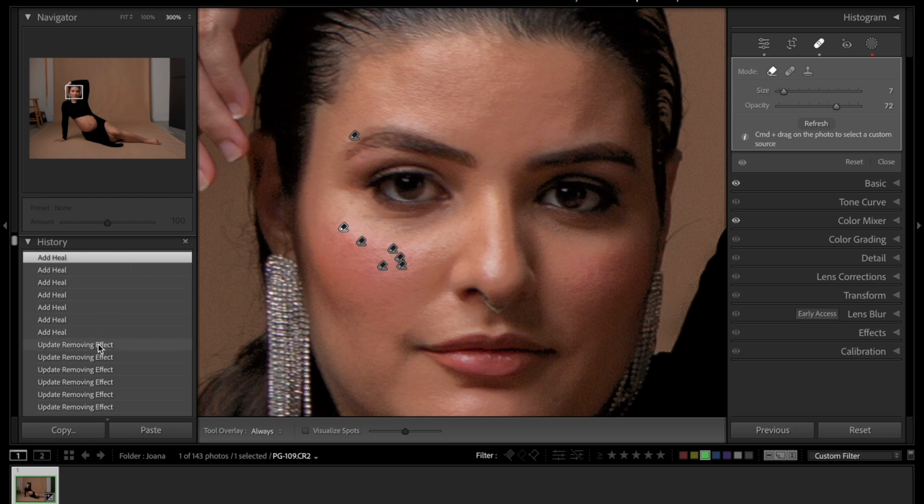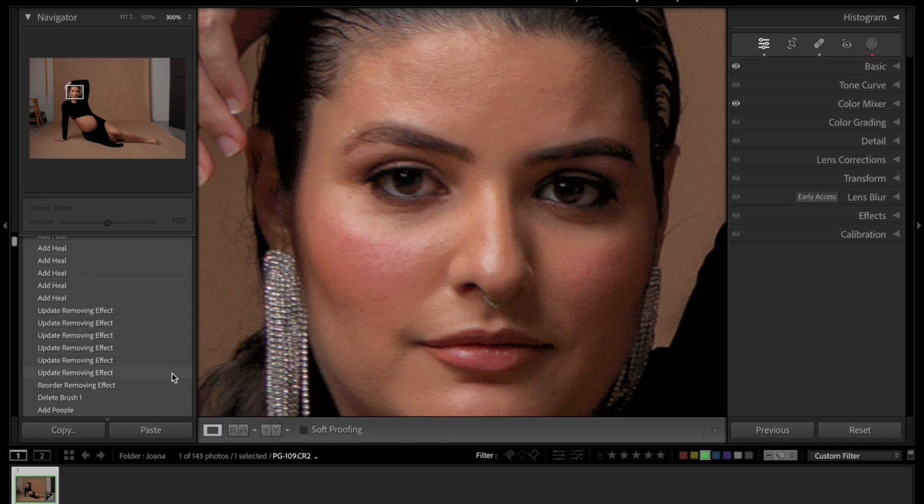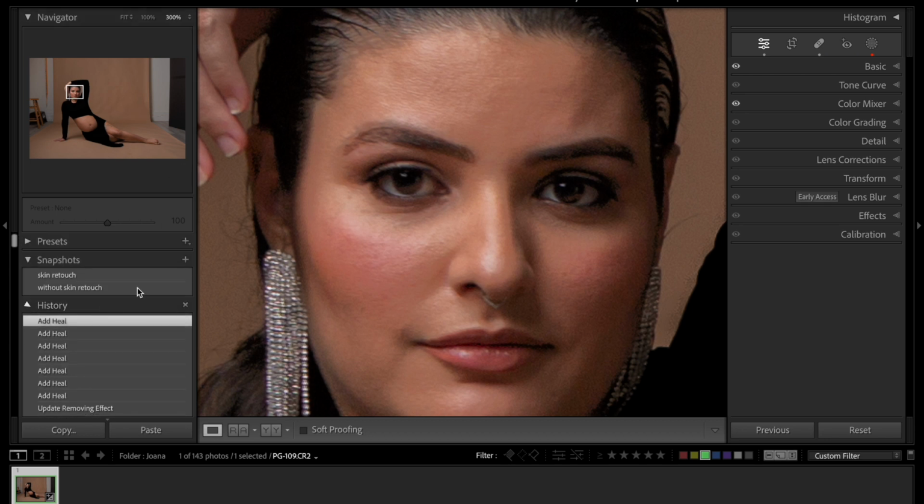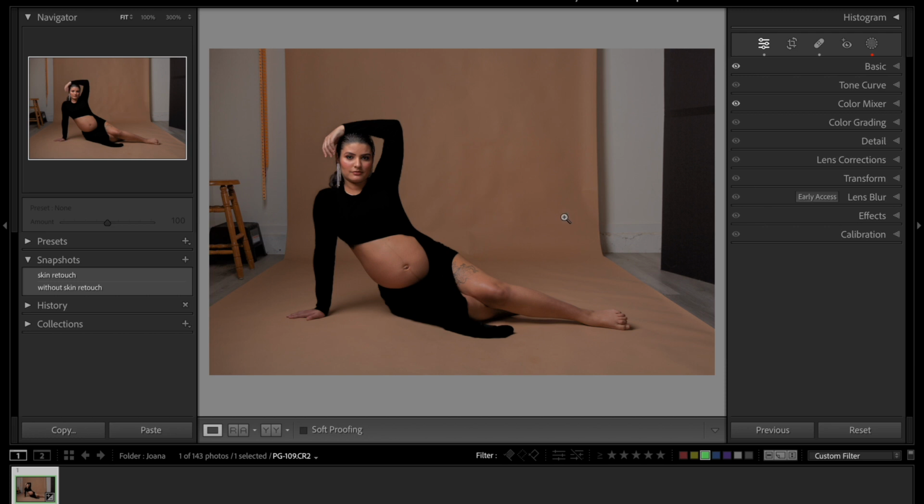But most of the times it does a really good job. Here's the before, here's the after, before, after. So you can do that around all of her face, but again, I don't think that for this photo is very necessary. She doesn't have anything that's too big that's actually bothering or taking the attention away from it. Everything that we can do with the masking about smoothing her skin will be good for this photo because it's